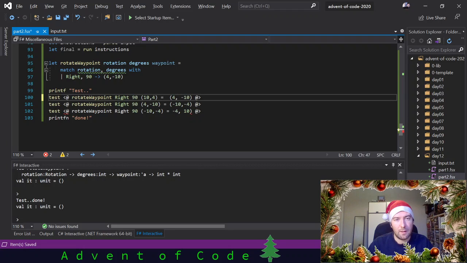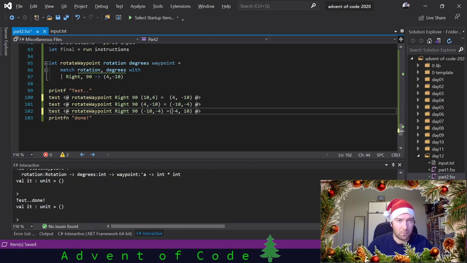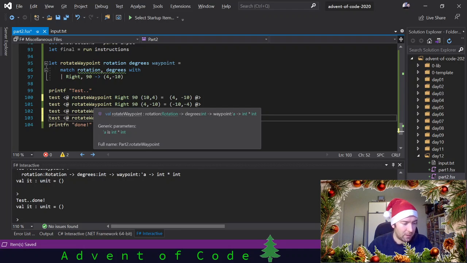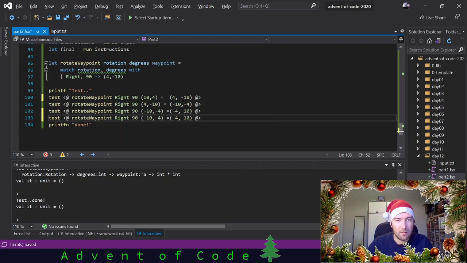Let's line these up a bit. It's not really lining up, but okay. And let's do, for completionist's sake, a final rotate right 90 degrees from where we are, and we should end up again at 10, 4. So if you rotate right 90 degrees 4 times, you should end up at your ending